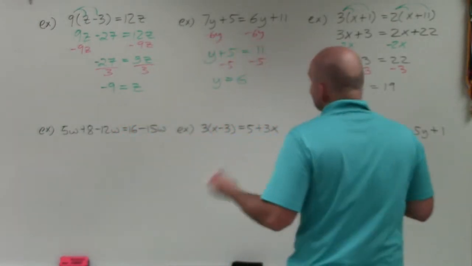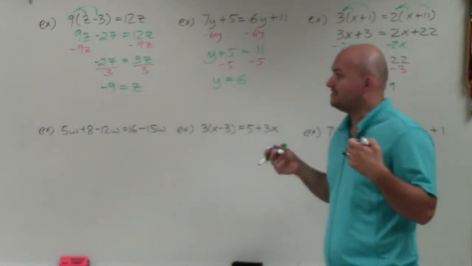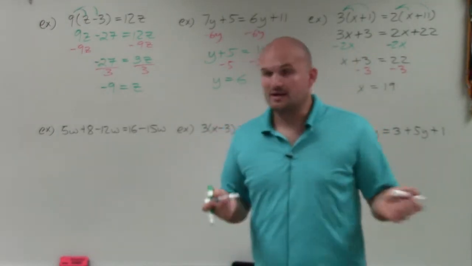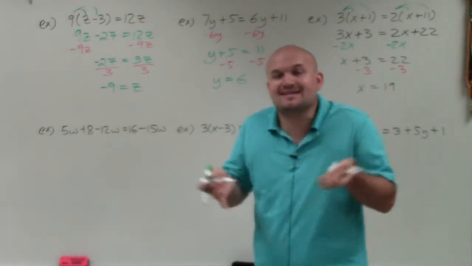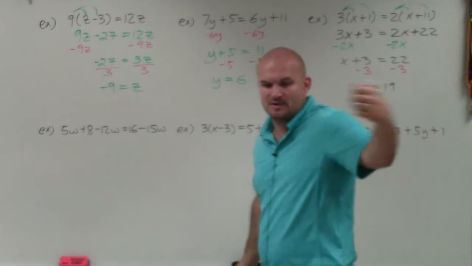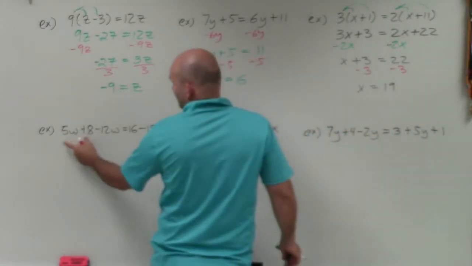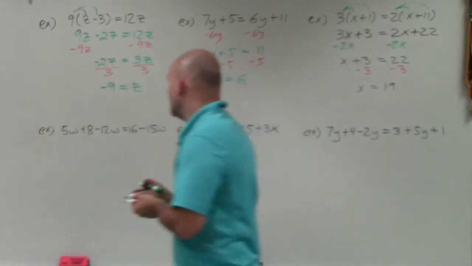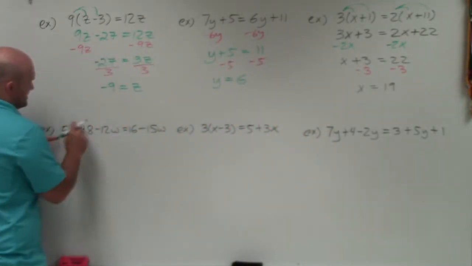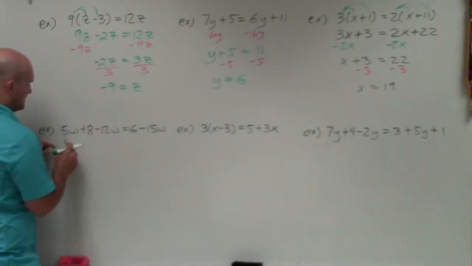All right. In the last example here, you can see that I have multiple variables on the left side. So again, the main important thing is to simplify this, right? So just like when we were solving multi-step equations when you had the variable on the same side, the first thing we're going to want to do here is simplify this left side of the equation. So by doing that, since these are on the same side of the equation, I can just